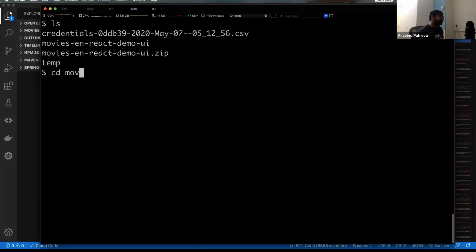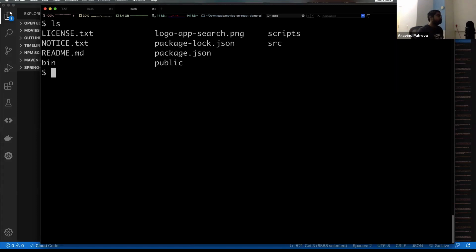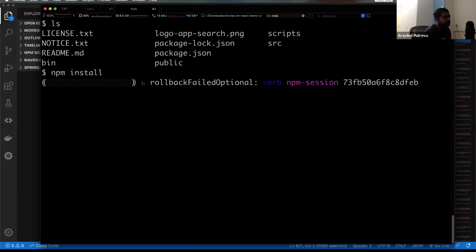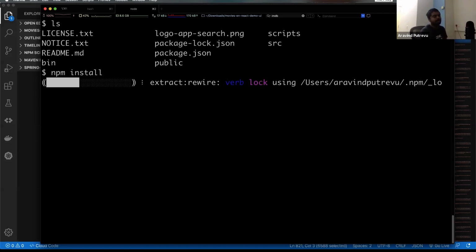So if you see, it's having a specific thing like movies EN React demo UI. So if I click on this, all I get is something like a React.js app, and then I could simply do npm install, and it installs all the necessary fields and stuff that is needed according to the package.json.